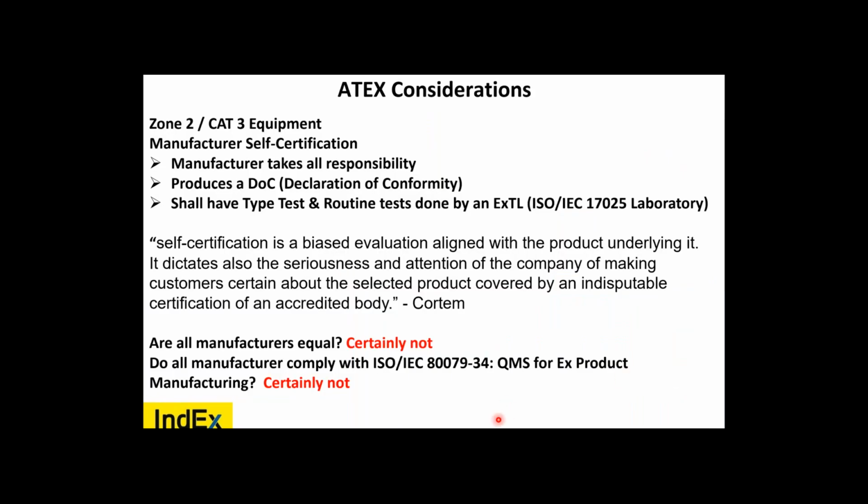Now, when it comes to EXN or Zone 2 Category 3 equipment, there are considerations that must be taken into account when using within Europe or any country that has fully adopted ATEX. Under ATEX, Zone 2 Category 3 equipment is manufacturer's self-certification, meaning the manufacturer takes all responsibility, produces a declaration of conformity, and shall have type testing and routine tests done by an EXTL, test laboratory,